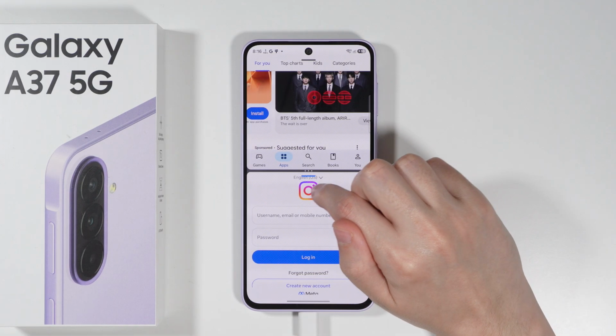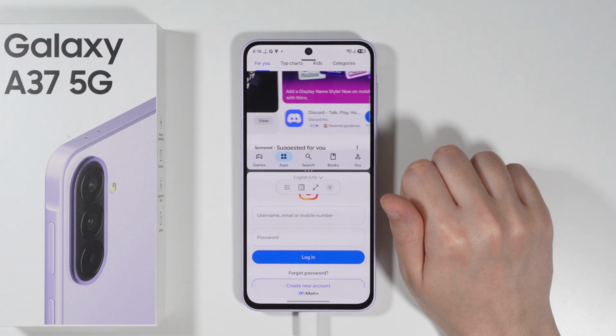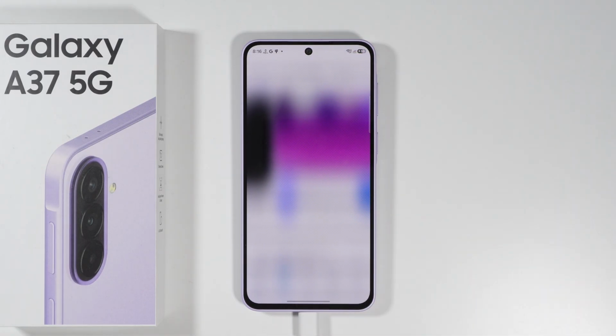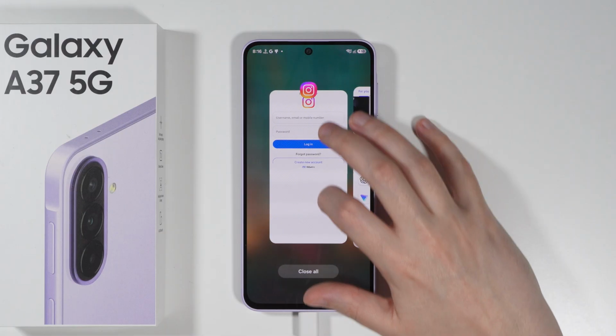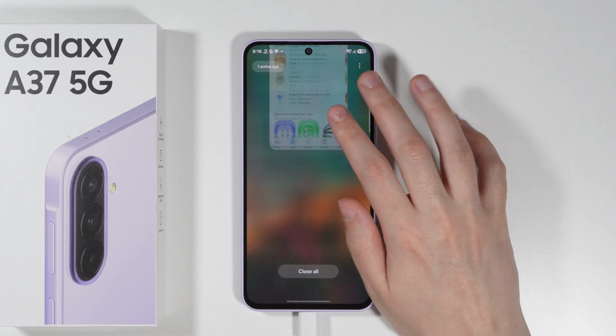We can also find a line at the top of each of these apps in order to find some additional options. Of course, if you swipe all the way down or all the way up, you will return to the full screen. There is also the second option that allows you to activate the split screen view, and that is